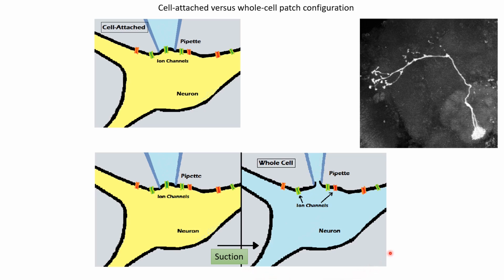There is one more technique that is commonly used for recording the membrane potential, and that is called the sharp intracellular recording. So in that case, an even sharper electrode is used, which is typically nanometers in tip size, and electrodes of that sharpness can be directly inserted within the neuron without having to form a seal on the membrane.